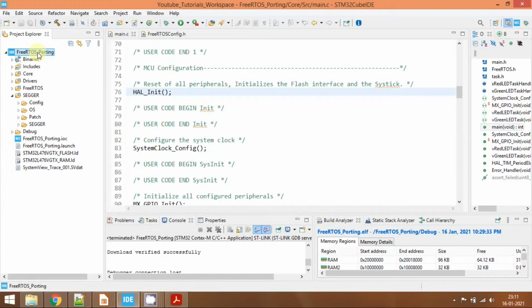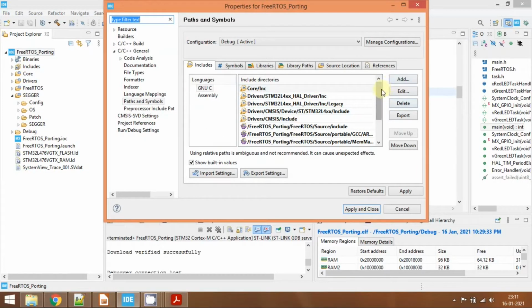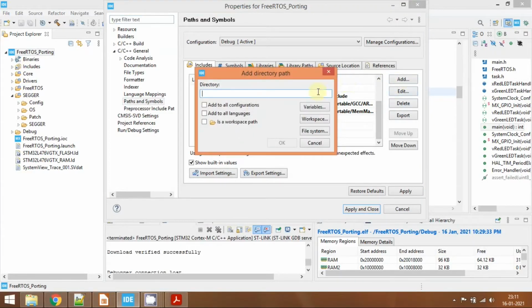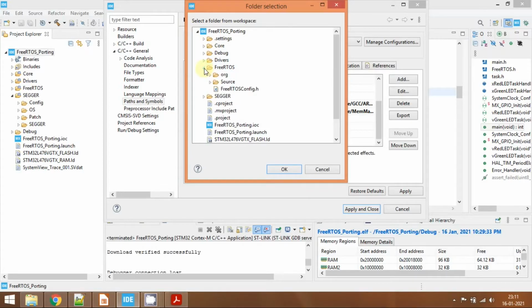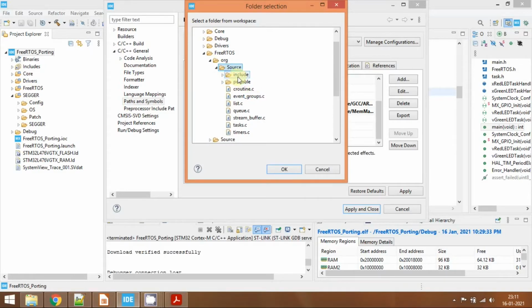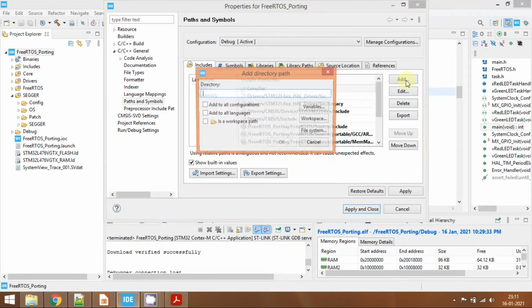Right click on this project, go to properties and add here. Go to workspace like we did previously, go to FreeRTOS and go to source, and we need to add an include path to the include folder. Click OK, and we need to add one more folder.